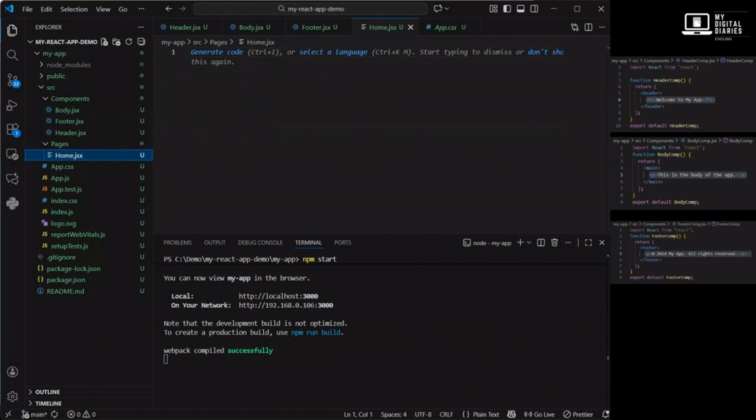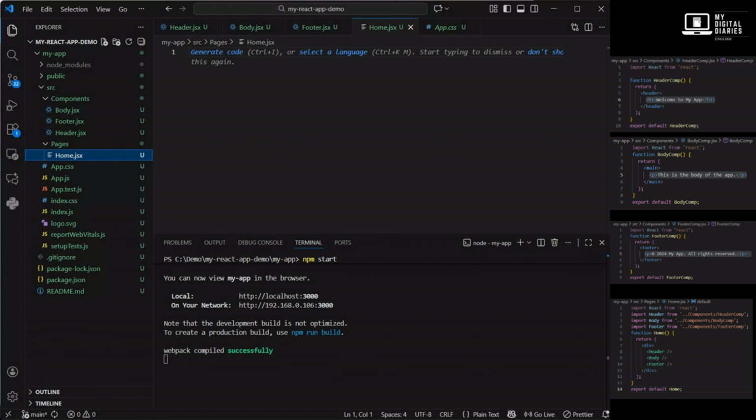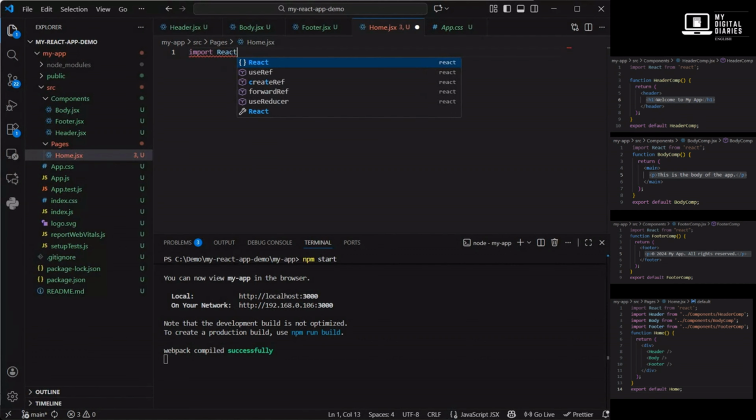After that, what we are going to do is create a home.jsx from these three components. So first thing is you have to import. I think we have given the wrong name here, so let's rectify that. home.jsx, import React from React,